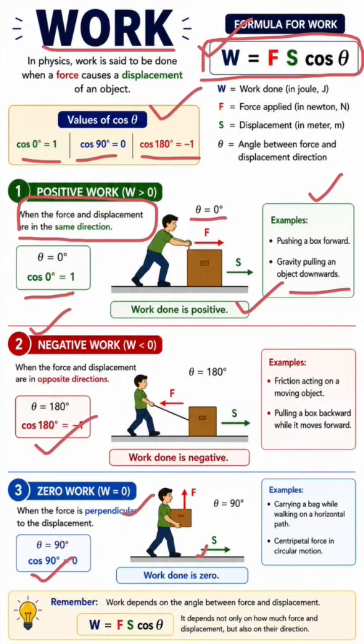So you just remember that work depends on the angle between force and displacement, and remember the three values of cos theta: cos 0 degree, cos 90 degree, and cos 180 degree, and W is equal to Fs cos theta. We will put the value